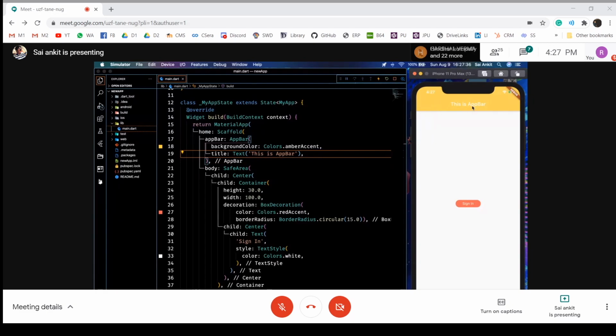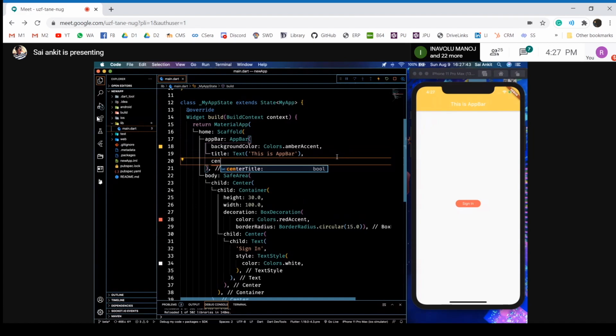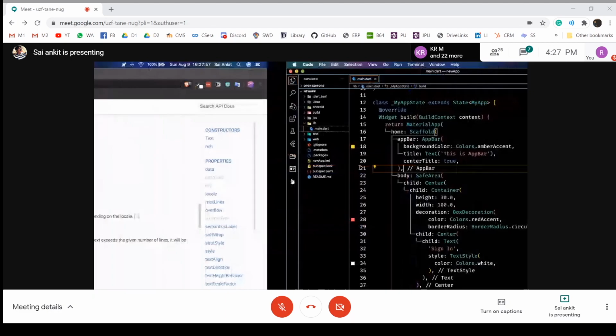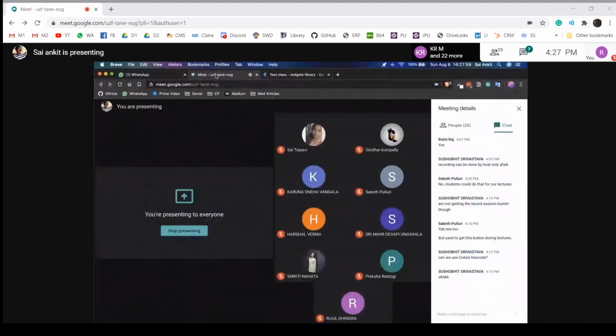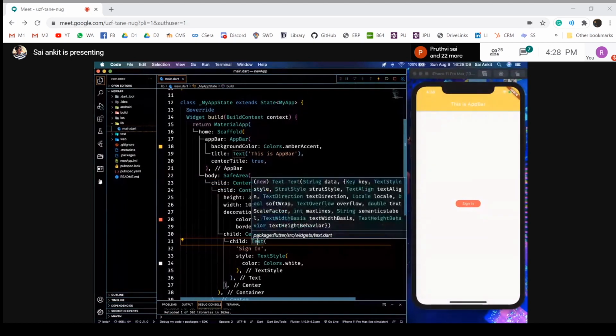So what do you do if you want to maintain commonality between everything? You just go into this app bar again, and then type in center title, and you keep true for the title to be in center. If you leave it false, it will be on the left, because you're overriding the default statements for the native app. Okay, you're getting it? Maybe I got some comments. No. Yeah. So app bar is done. Container is done. Center widget, and then text widget. These are the most important widgets.